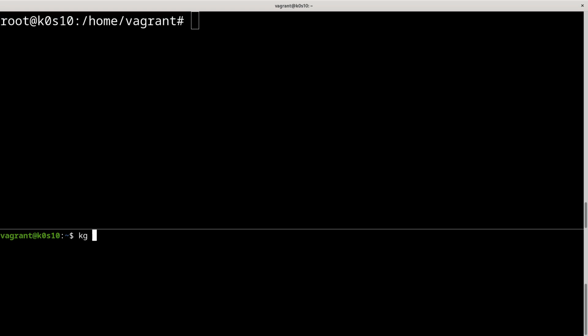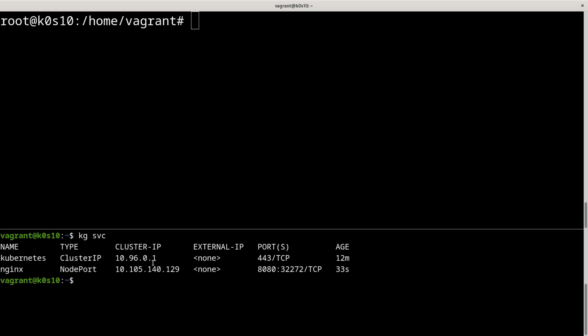I can run kubectl get svc just here, and now we can use iptables -t, and we want to query the NAT table, of course, because we use DNAT like we said,